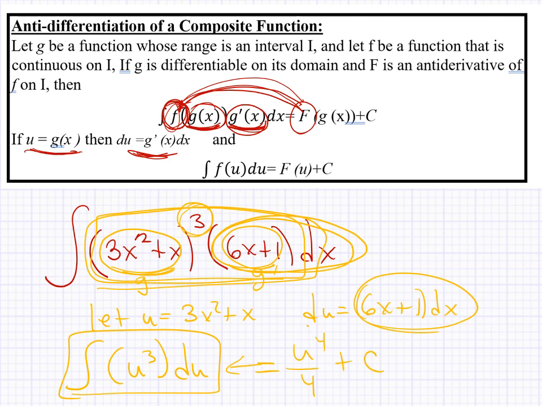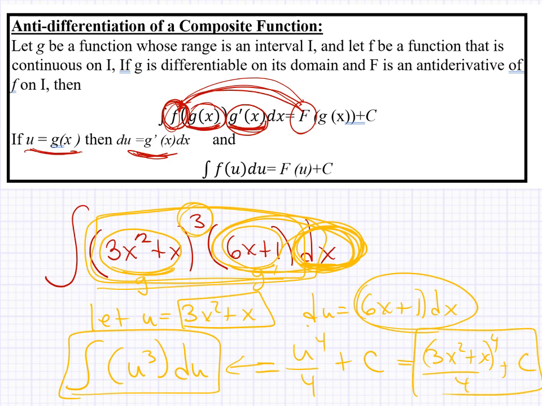But that's the answer in terms of u. We really wanted an answer in terms of x, dx. Well, since we know u equals 3x squared plus x, we just write 3x squared plus x to the 4th over 4 plus c. And there's our answer. So in understanding how the chain rule worked, you get a better understanding of how this substitution